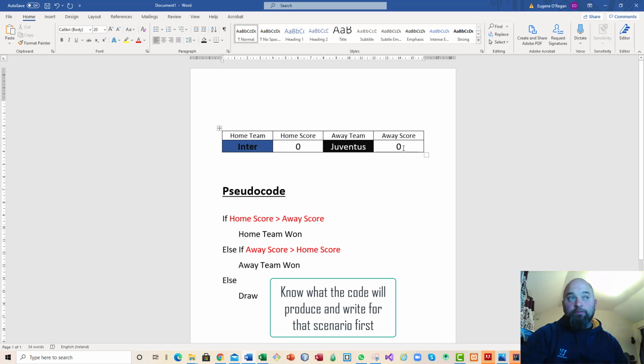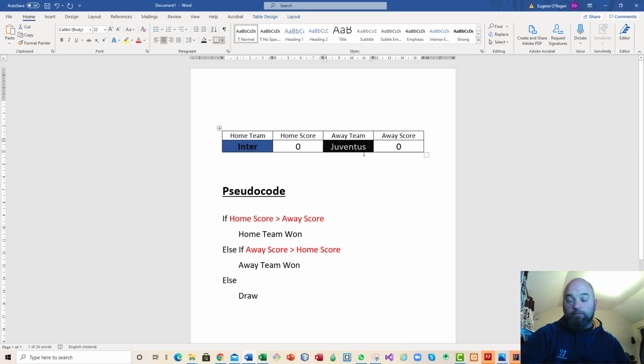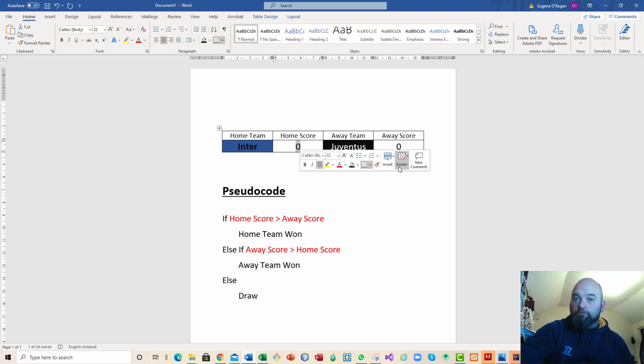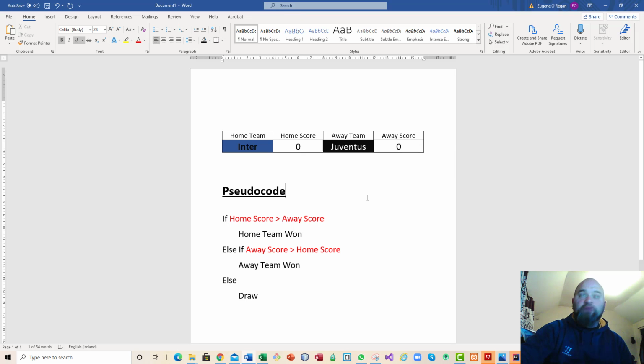Before I implement this, I want to explain that all of these will be stored in variables. Now you might need the home team name and the away team name. You could store them in strings if you did need them, okay? But definitely you would need a variable to store the home score and the away score. Whether you input that variable or you hard code it, i.e. just put in a variable and assign a value straight there and then,